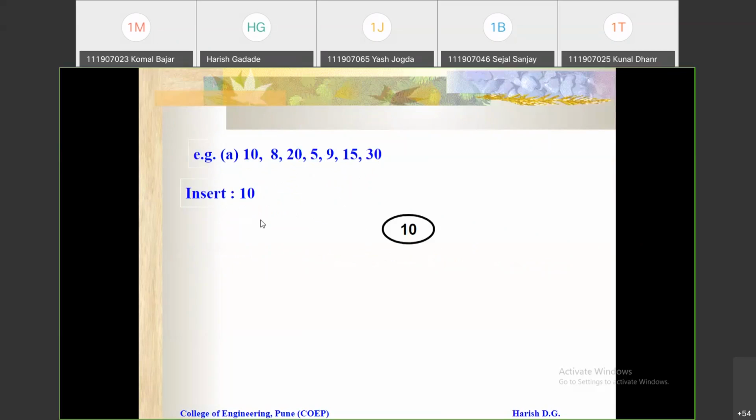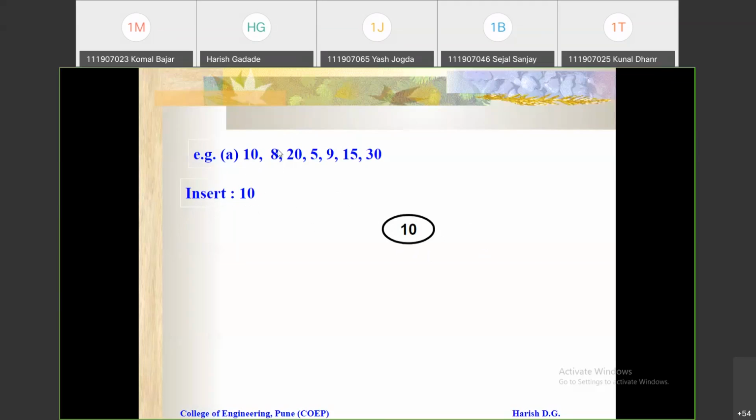Now you can see, one by one, the elements we need to insert into the binary search tree. So step by step execution, I'll tell you here how to construct that binary search tree, right? So first, consider inserting the first element. 10 is the first element that you insert. As it is the first element, there is a single element in this tree. And as I said, if a single node or single element is there in this binary search tree, that itself can be called a binary search tree, right? So the first step is just insert that 10. So this would be the tree with a single node.